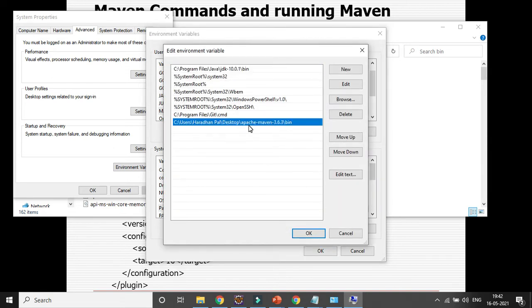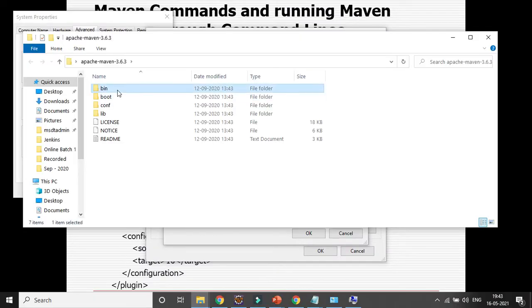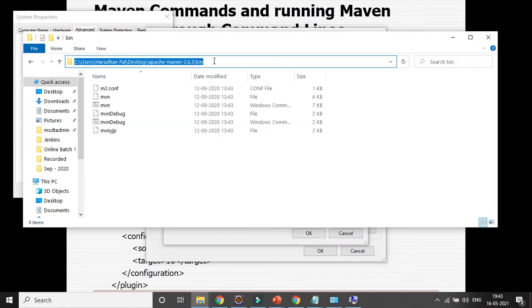You can see that is already given till the bin folder. If you open it, there is a bin folder. So in the path variable you need to give the bin folder for both Maven and Java. That is the setting you need to do.